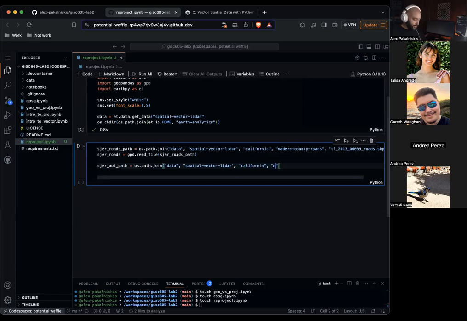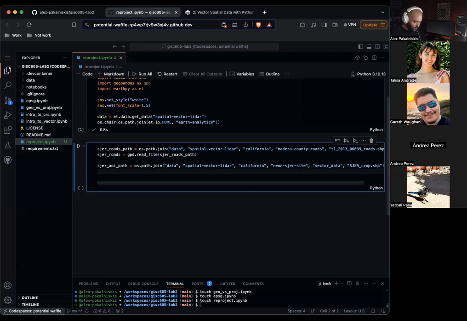And the reason we're using os.path.join and not just hard coding the path is because os.path.join allows you to be operating system neutral, so you don't have to worry about Mac versus Windows path names. It just magically handles it for you, which is pretty nice. Now let's create a geodata frame.